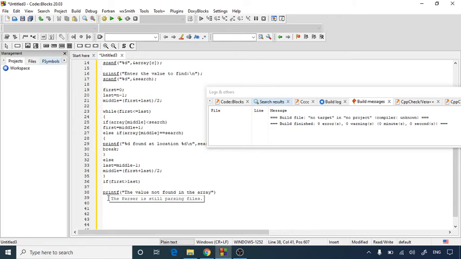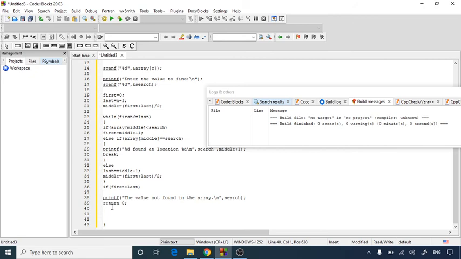We must write both results, whether it is found or not, comma, search, and then most importantly return 0.